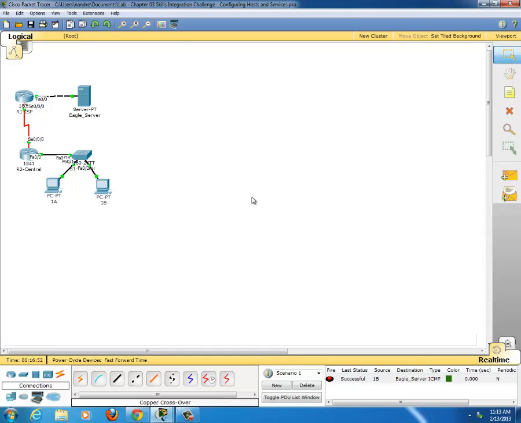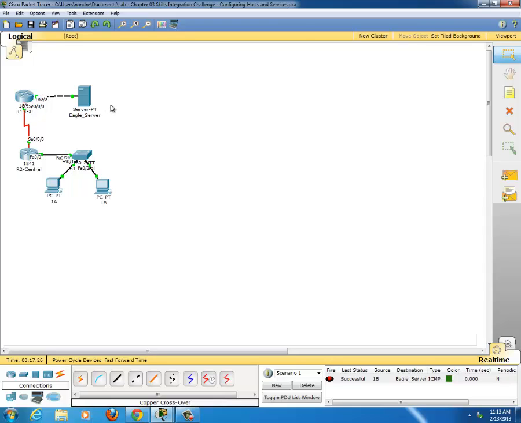The idea of this lab was to teach you how services work. So in Chapter 3, you're learning about applications and services. Clients use applications to access service. Earlier, I set up DNS and the HTTP service on the Eagle server. And I also configured the PC so it can communicate to the outside world. So in the next example, I'm going to be using a web browser, which is going to be the client's application to access a web service